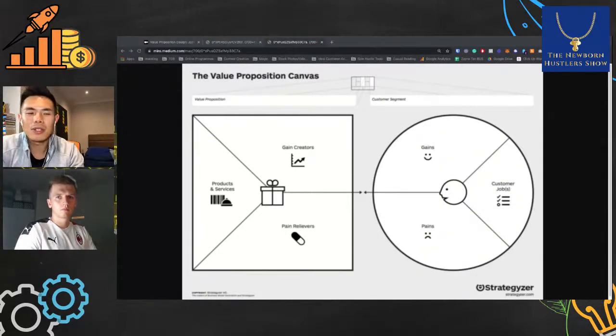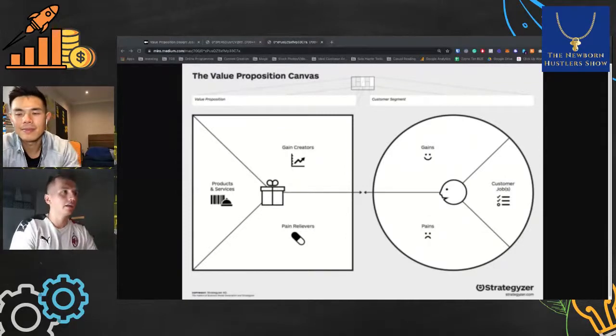And when you tap into those emotions, and that's what we're trying to do here, which is to understand what is the pain that people are going through, what do they not have, what they do not feel enough about. Then we create the product and services that address those pains, and that's why the pain reliever is coming. And then we flip that, it's basically the gain creator, isn't it?